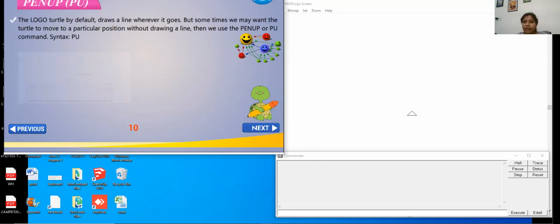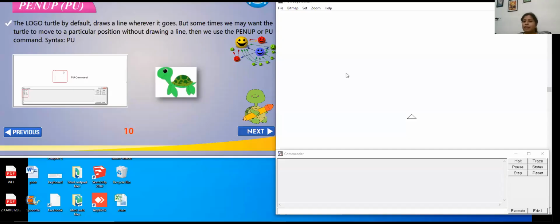Now pen up and pen down. Children, do you remember in our last class, I made an image wherein the turtle moved up, but there was no line formed. If you remember, well and good. If not, let me explain again. Now, what do you mean by pen up? See, as you saw in the picture, this turtle is going with a pen, right? If you have to draw something, you have to have a pen or pencil in your hand and do the drawing. If your pen or pencil is a little up, can you draw? No, the pen should touch the paper,